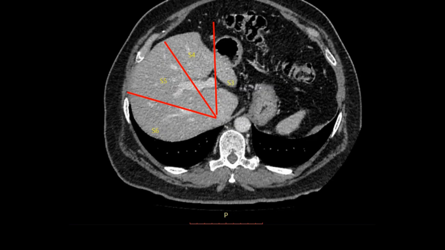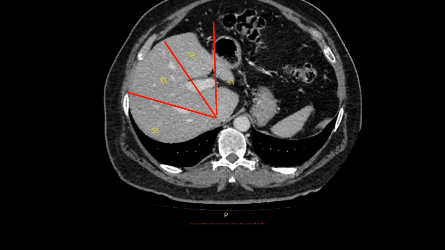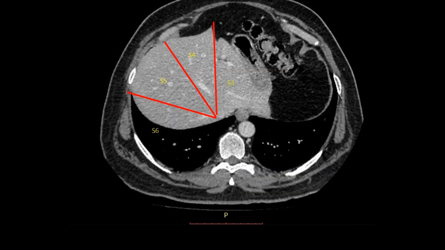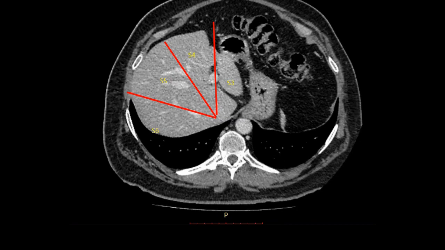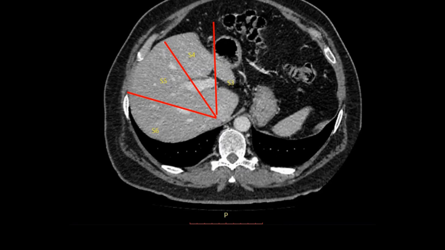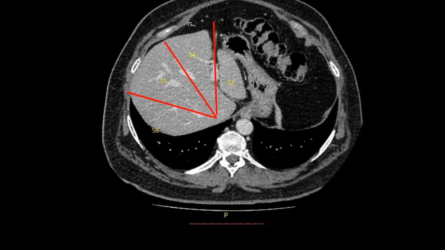So you can follow, this is the right hepatic vein. See the red line in the middle hepatic vein and you will see that it concurs with the middle hepatic vein. That's the middle hepatic vein plane, and where the U point starts, this is the plane to divide the segments inferiorly. So segment 3 left lateral sector, segment 4 left medial sector, segment 5 right anterior sector, and segment 6 right posterior sector, divided by right hepatic vein, middle hepatic vein, left hepatic vein, and the portal vein in the horizontal plane.